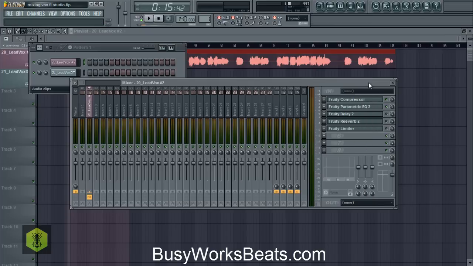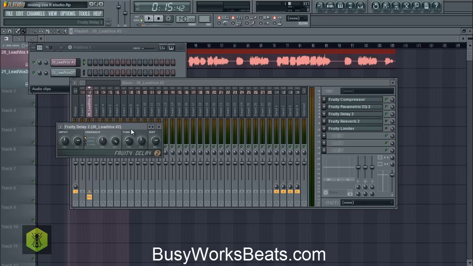Now that's the cleaning and the boosting of the interesting spots. Now we're going to add effects to make her voice sound bigger. Now, when you record, you're going to have multiple takes of vocals. So it's not just going to be one lead vocal. You're going to have multiple background vocals, etc. But if you just have one vocal, what you can do is add a reverb to make the sound a lot bigger. But we're going to go to another plugin called a delay.